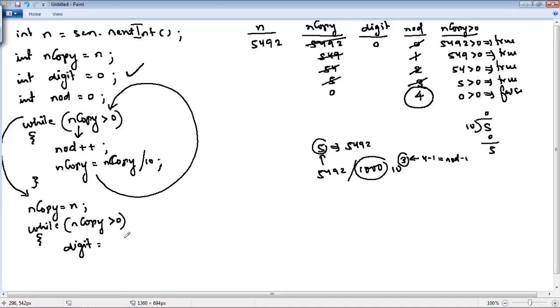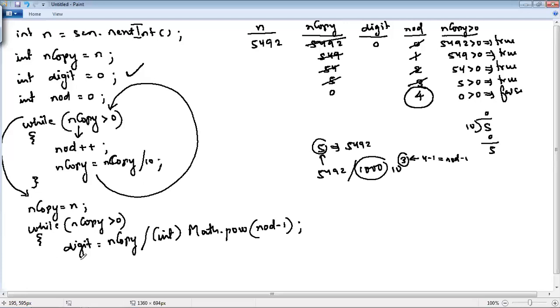So here I will write that digit is equal to n copy divided by typecasting int Math.pow what? NOD minus 1. Okay, NOD minus 1. Clear?